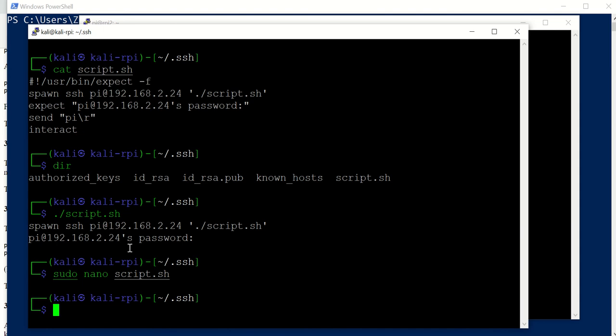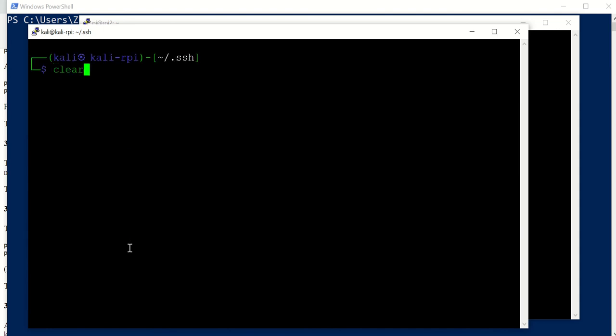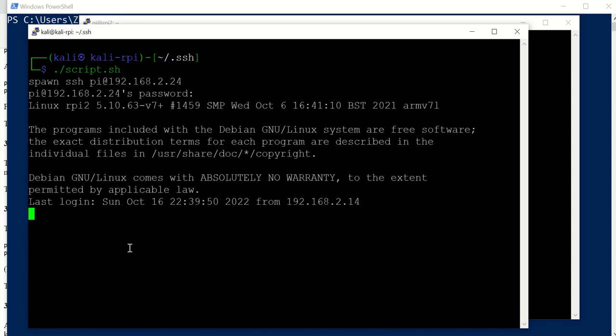Again, if I run the script here, it just logs in. But you don't necessarily want to log in and do things manually. You just want to send a command and just get out. That's what you typically want to do. Okay, let me just go back, exit,